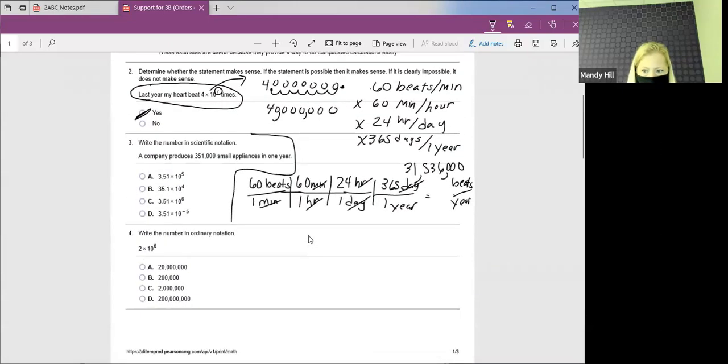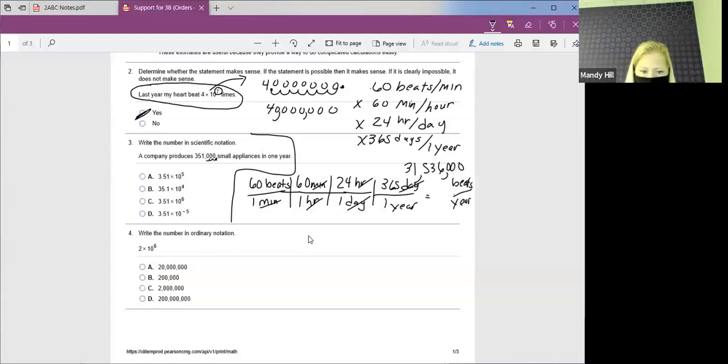Write the number in scientific notation. So right now, these are going to go kind of fast. Right now, our decimal is right here. So to get it in scientific notation, here's the thing. You need the number in the front to be between 1 and 10. So I want to move this decimal place